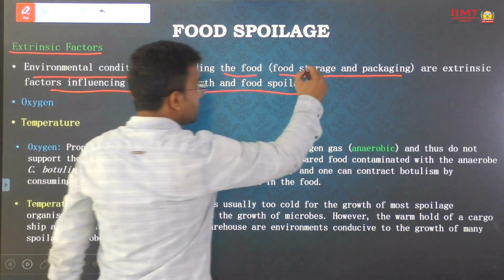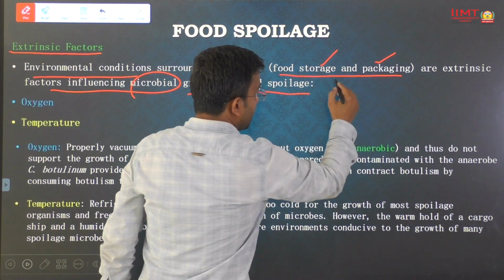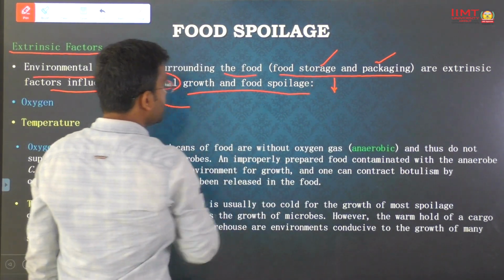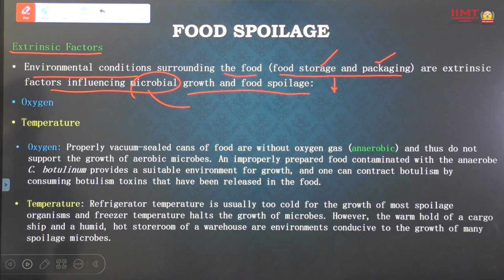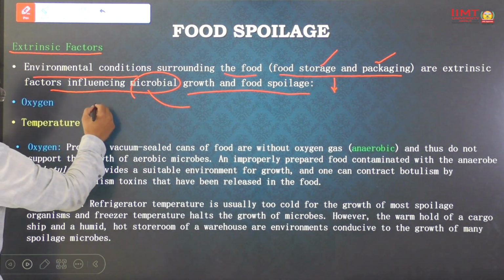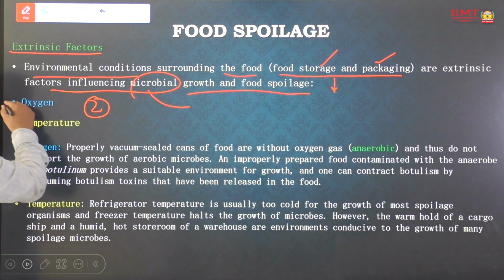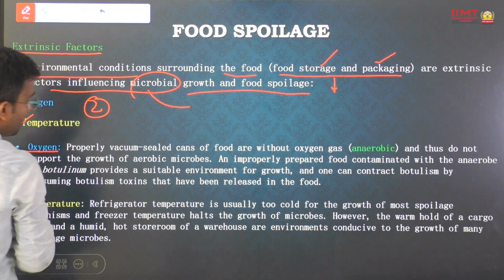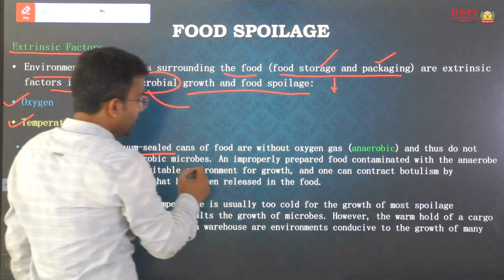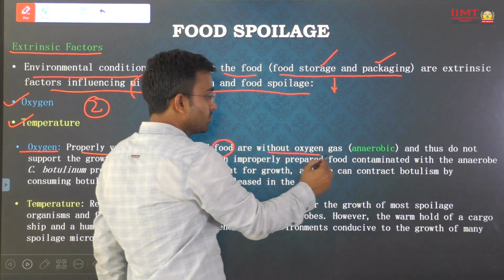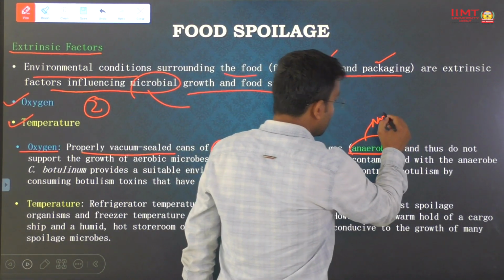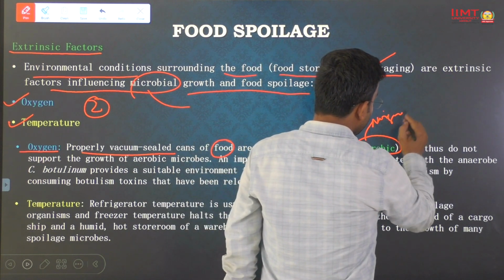The food storage conditions and packaging influence microorganism growth, and there are two parameters: one is oxygen, second is temperature. Properly vacuum sealed canned food has no oxygen, an anaerobic condition, meaning no oxygen is present,